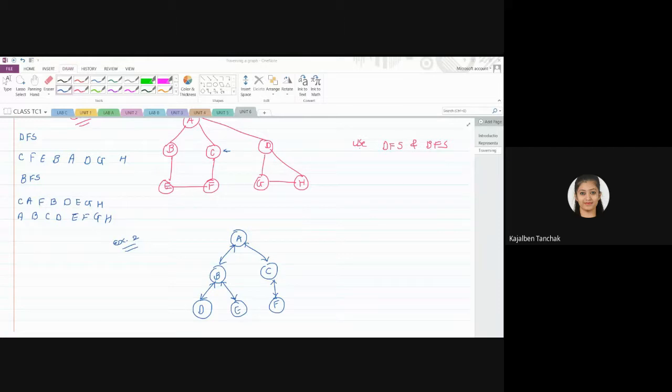So let me share this. You just take a screenshot of this example or this figure. Okay, I'm sharing the attendance screen. Based on your answer, I'll mark you present. Fine.